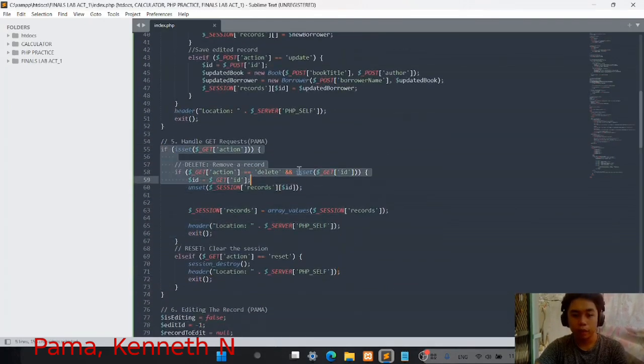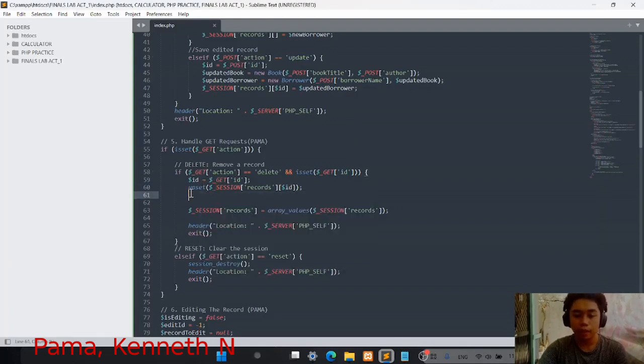To start, in this line of code, we get if there is any action done in the page. If the delete record is clicked, it will get the ID of that record and delete all the information in that ID.